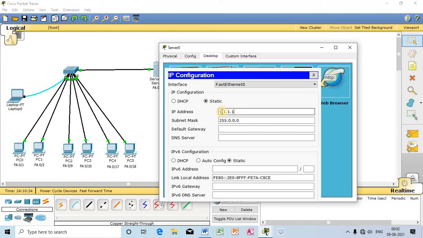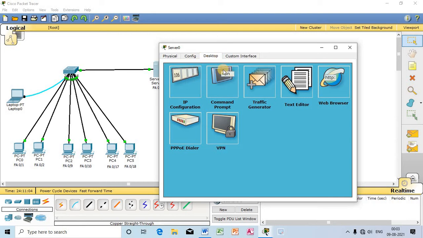And because the first field value lies between 0 to 126, that is why this is a class A network. The default subnet mask for a class A network will always be 255.0.0.0. So let us provide a static IP here.